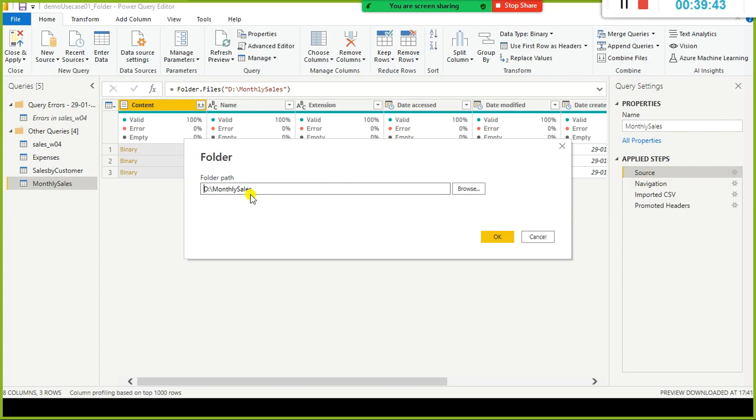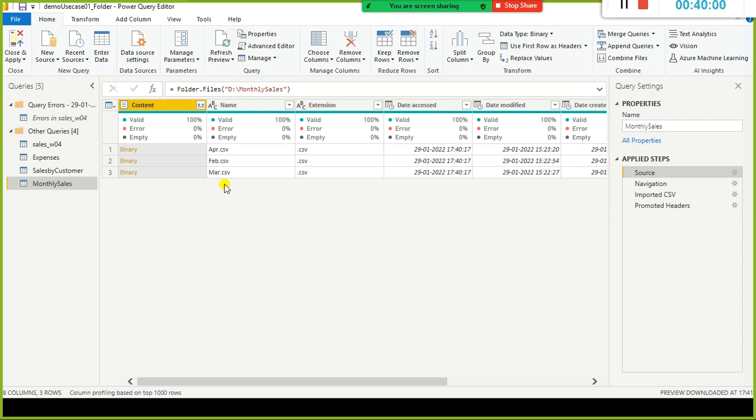It shows the folder name only, not the file name. Whereas if you select the source step for a single file, it will show you the path and the file name. Here it shows only the folder, because we have used the folder connection. When you click each and every binary here, you can see the corresponding file's data. Fine, I don't want to do that now.